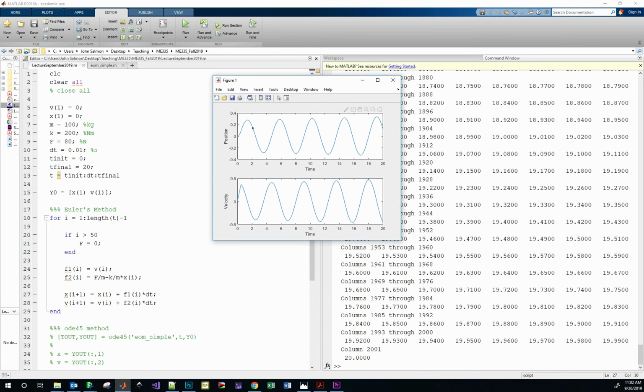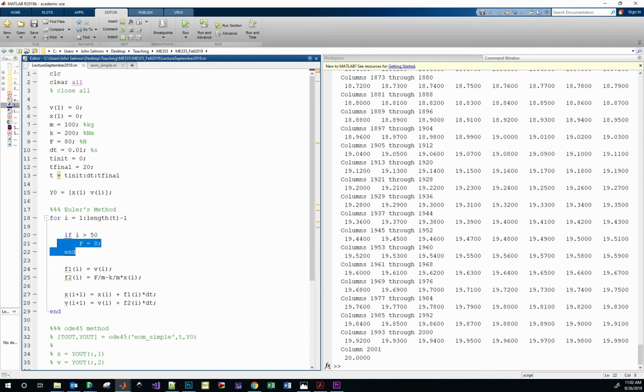All right, so what should we do here? Well, let's take a look at this. Now that my DT is small enough, this spring is activated right at the beginning with a force, then it gets turned off at 5, and then there are no other forces. If I take away now this turning off of the force,